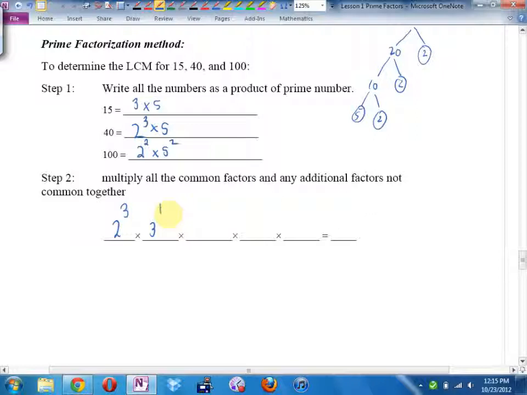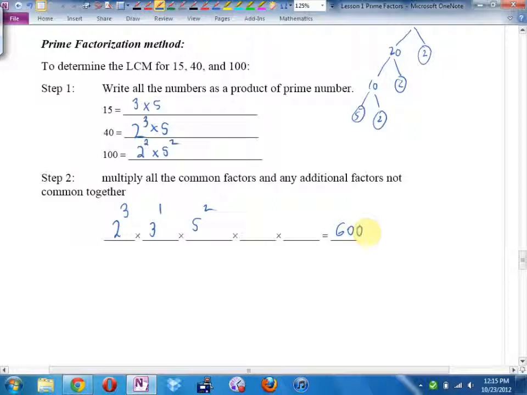Does a 5 appear anywhere? Yep. What's the biggest exponent of 5 that appears? I dare you to multiply those together. What do you get? Don't all rush for your calculators at once or anything. What? 600. The answer that we got by guessing and checking and arguing and guessing and checking and arguing, we get 600? So there's a systematic way,